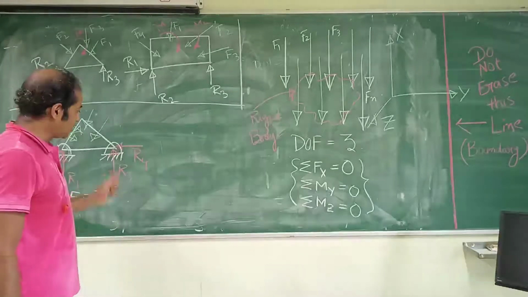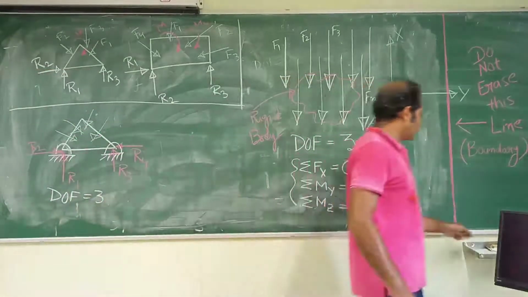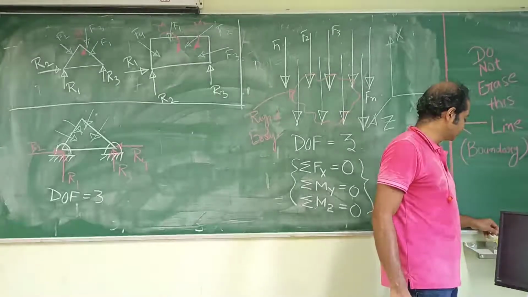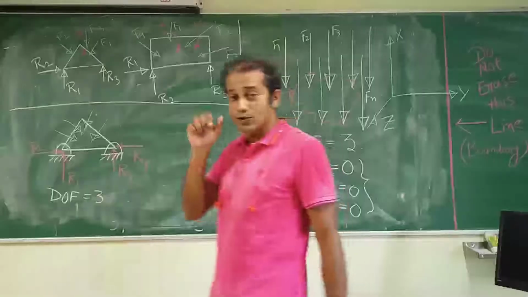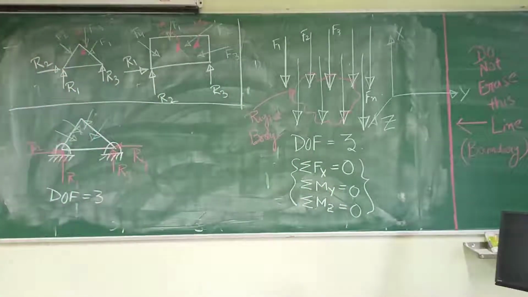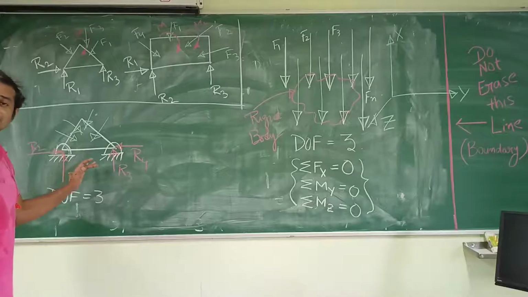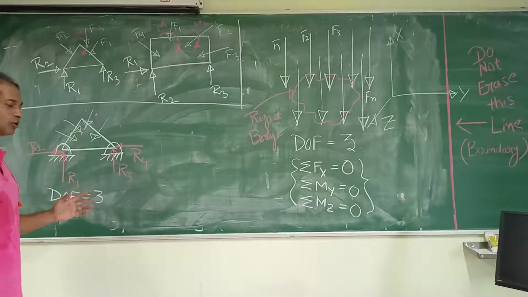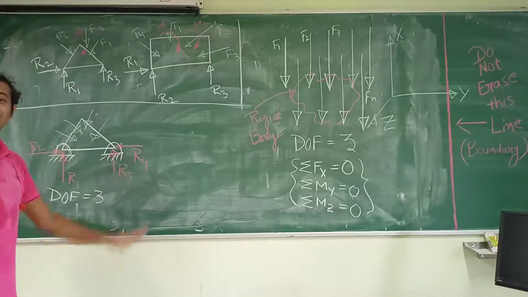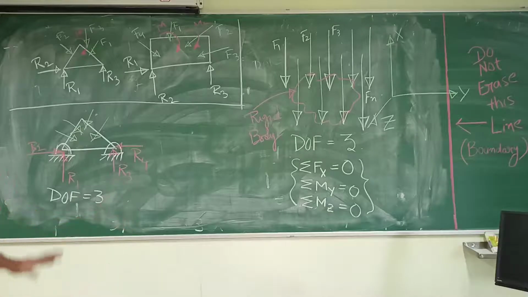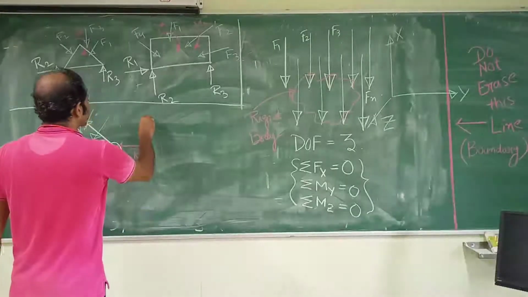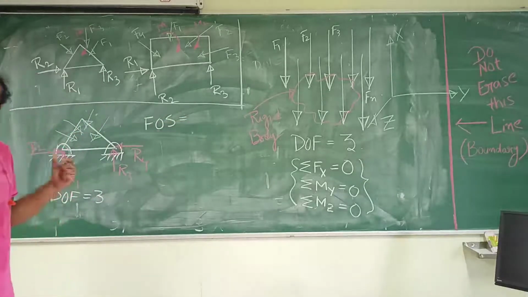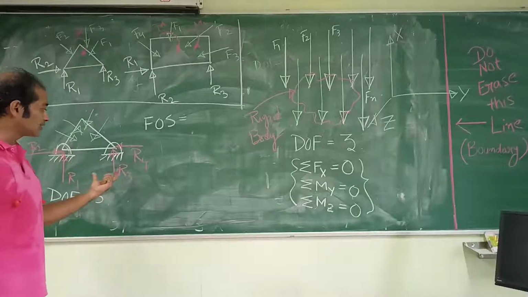That is not going to change, but your unknowns are 4. So what is going to happen? You cannot get a unique solution. That is the effect of over constraining it. Rather, what you are going to get is an infinite set of solutions. The body is at rest, but you don't know what R1, R2, R3, R4 are. And that is the genesis of using factor of safety in your solid mechanics course. Because the loading I know, but what about the reaction that I don't know?